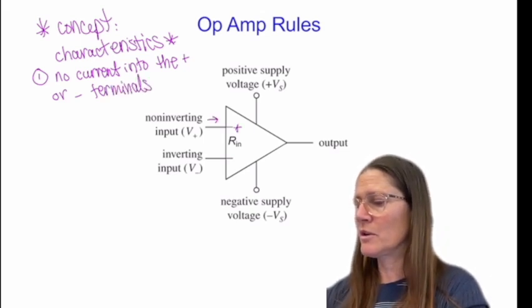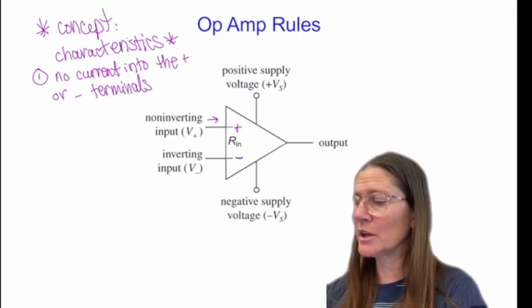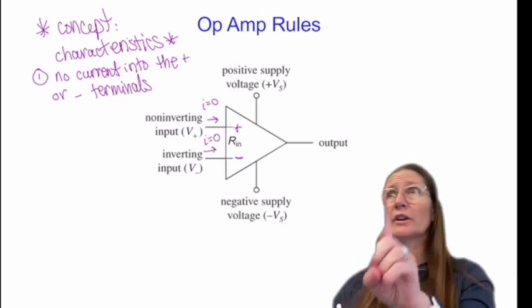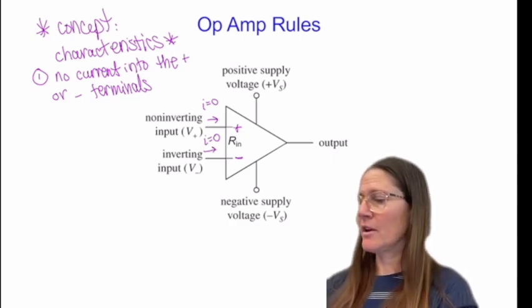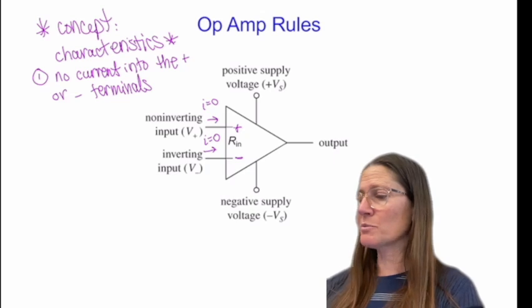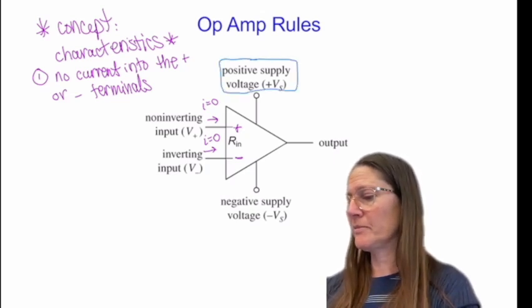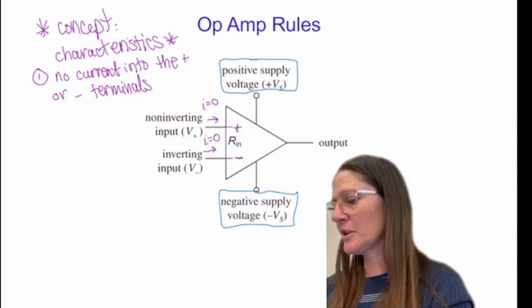So I'll label that plus and minus. So going in here, your I is 0. Okay, so that's one characteristic of this. Because of the power supplies on the output,